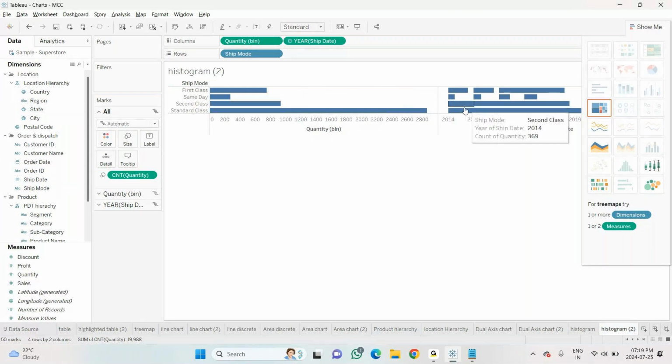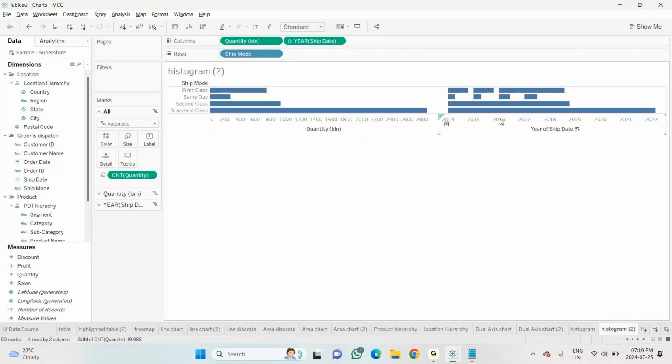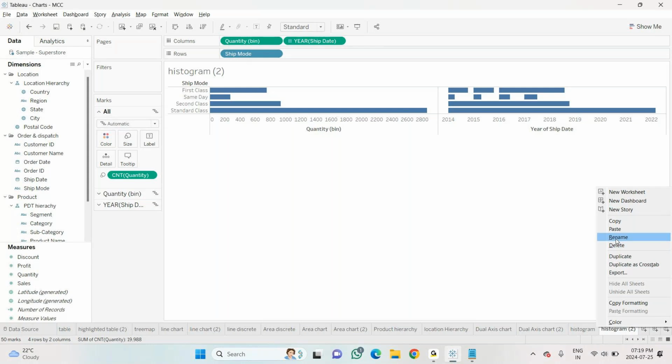See the gap, how much it is. This is the total one. This is the total ship mode, and this is year wise: 2014, 15, 16, 17, 18. By default, it is bifurcating itself. So I'm going to rename this as Gantt.